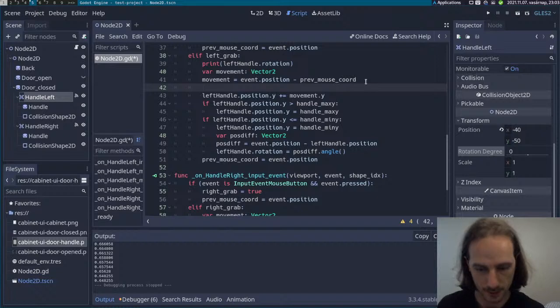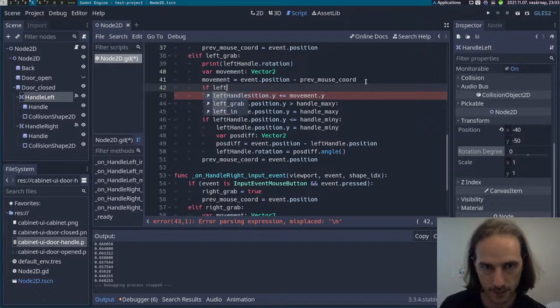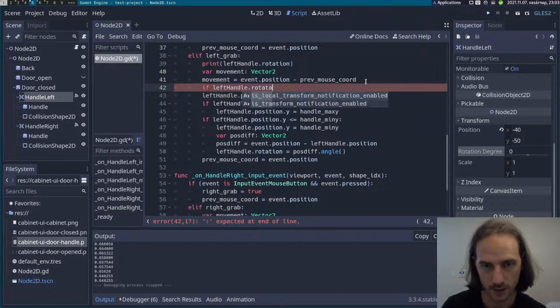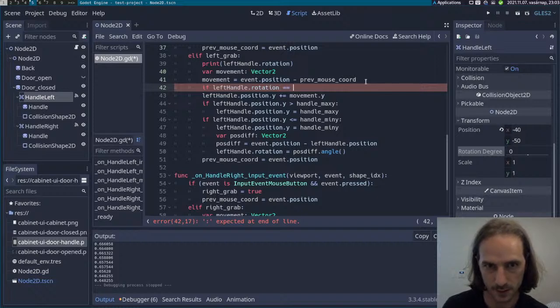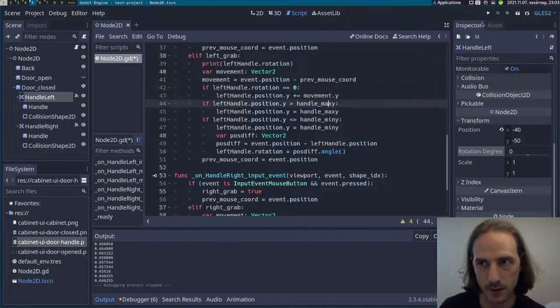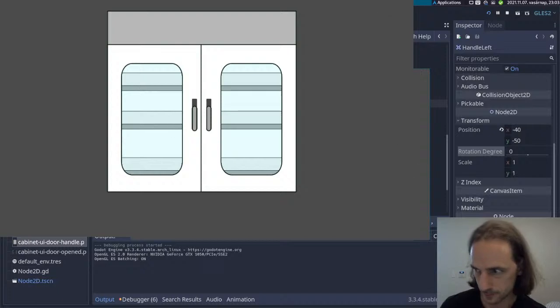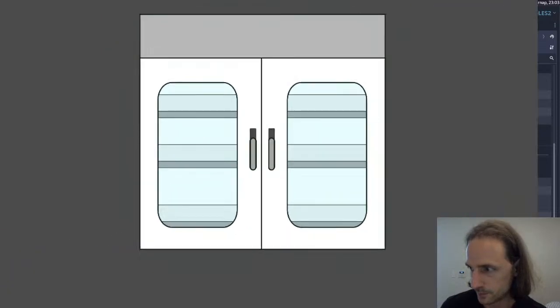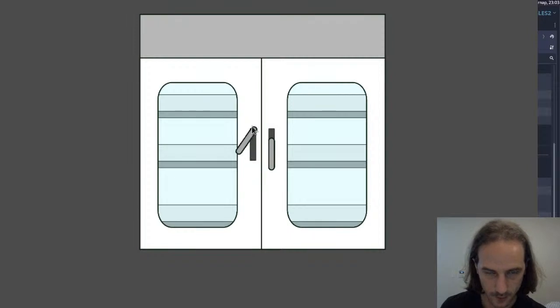anymore. So let's just say if left handle rotation equals 0, then we can move this up and down. Otherwise I don't want it to be. So now I cannot move it up and down, but if I move down,